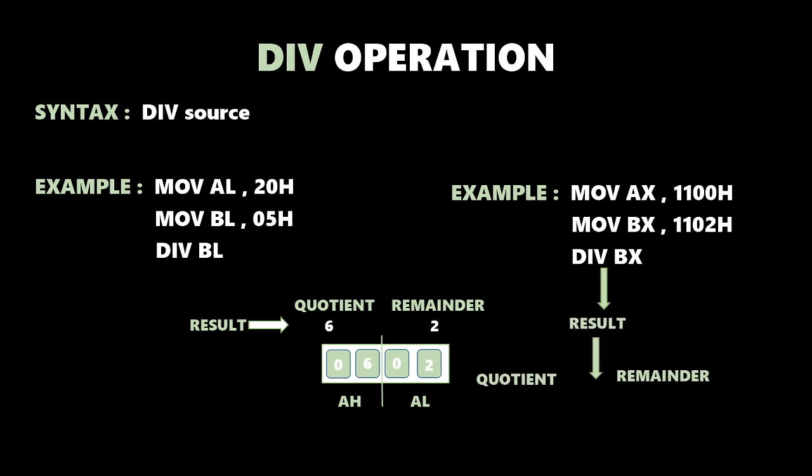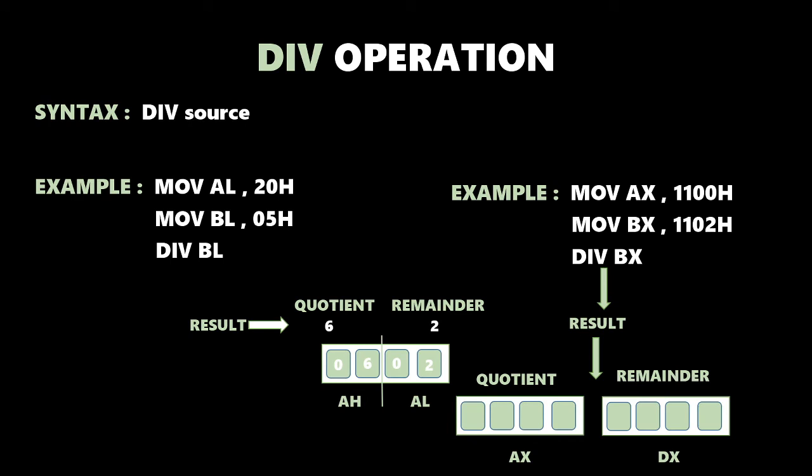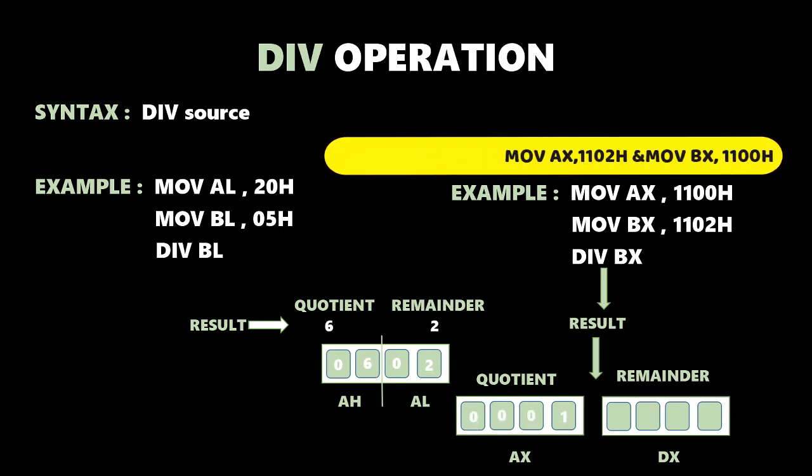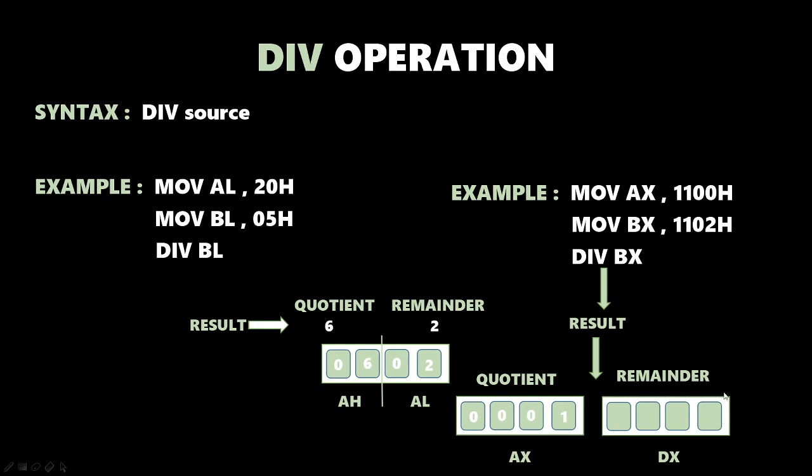For that, we have the AX register and the DX register. Just as in our multiplication operation, we have the AX register available to us and the DX register available to us to store the result. So the quotient of this will get stored in our AX register, and the remainder for this operation will get stored in our DX register. This will become more clear when I start coding in our emulator.